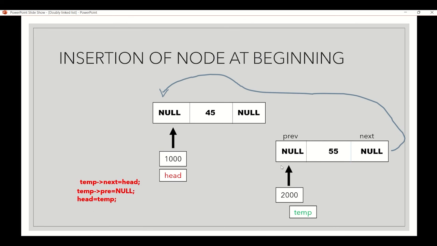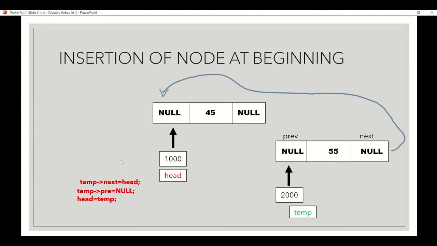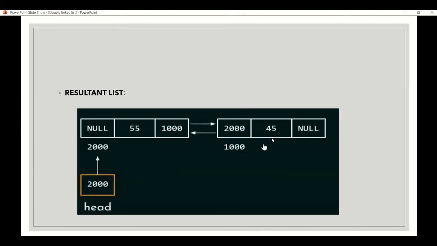And then we will be giving temp's previous value as null as it is, and head value as temp. So if we see the resultant list, it will be like this. As I said, the previous value will be null, and to link both of these nodes, the next part of the first node will carry the head value of the other node.